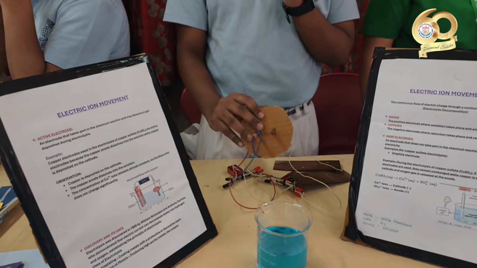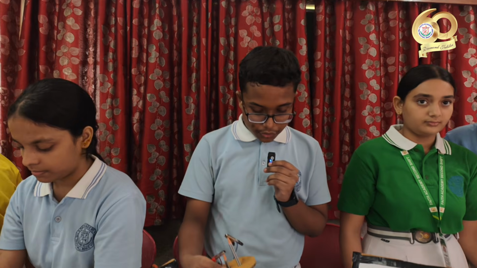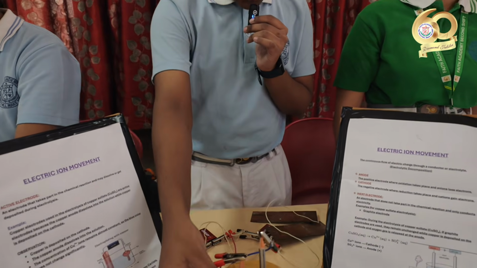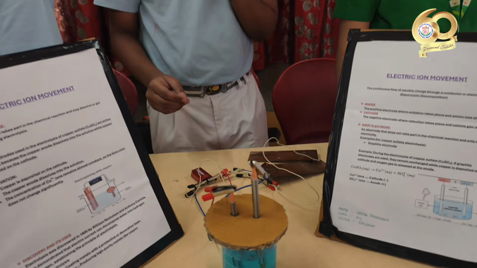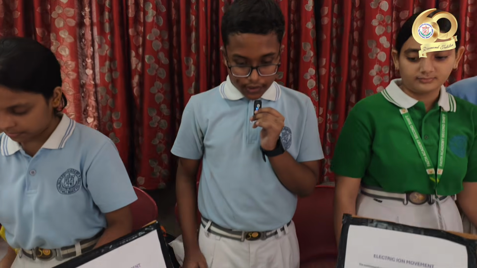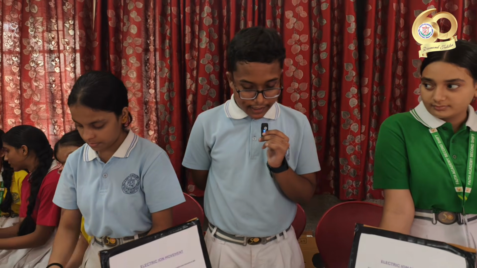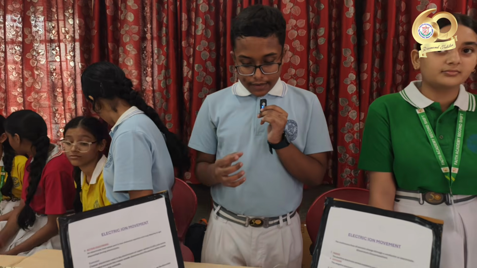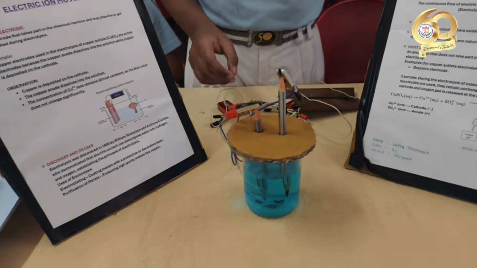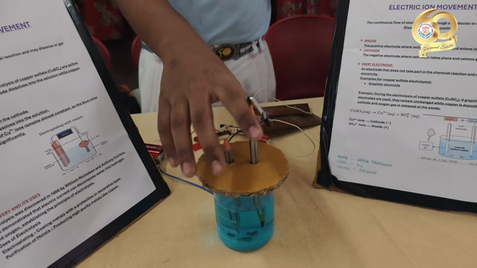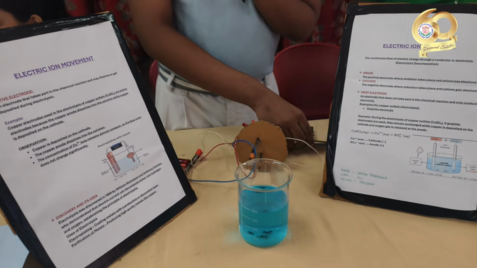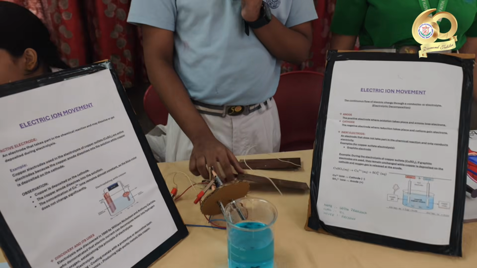In this I have taken two leads of pencils, and I will be putting them in the copper sulfate solution. When I put them in the copper sulfate solution, the positive side of the circuit will form sulfuric acid and gases, while the negative side will show the copper. And on the other hand, when we come to the active solution, we can show the